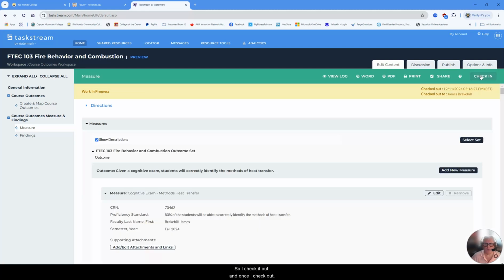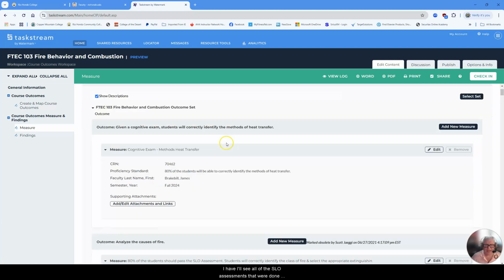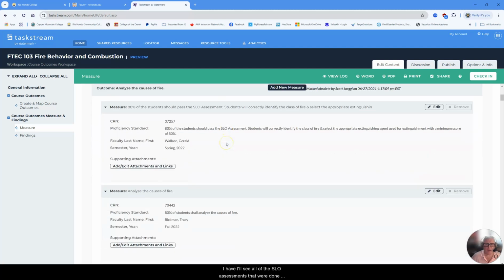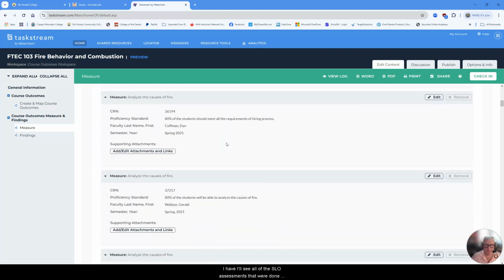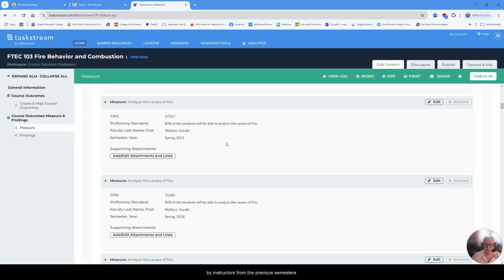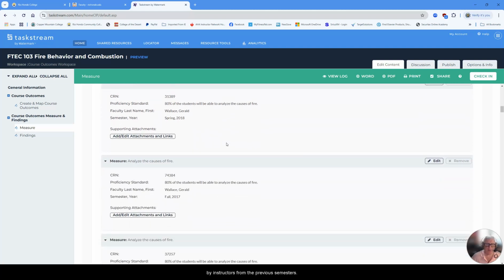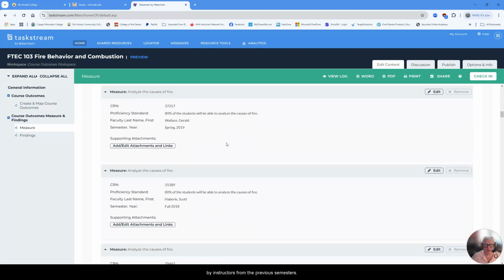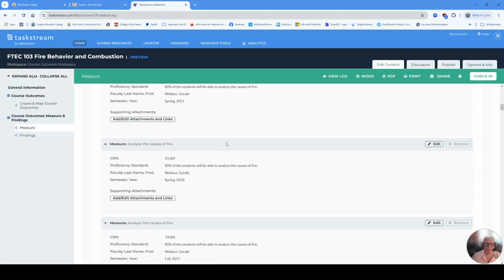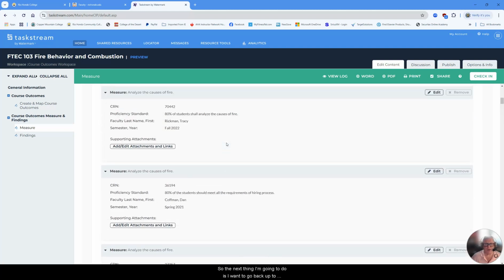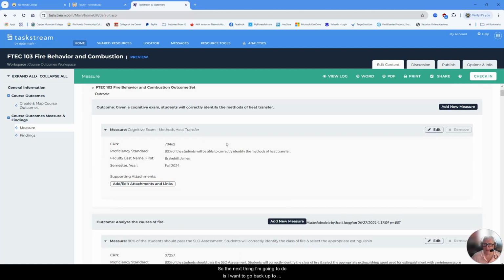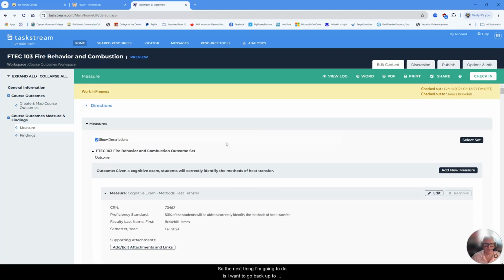So I check it out, and once I check out, I'll see all of the SLO assessments that were done by instructors in the previous semesters. So the next thing I'm going to do is go back up to the top and click Add New Measure.